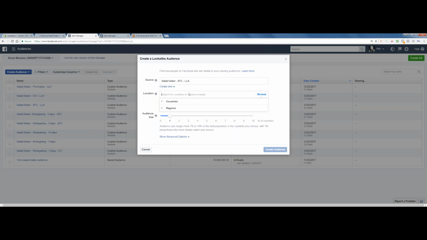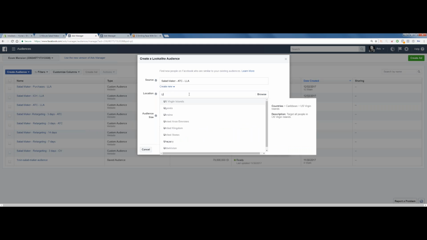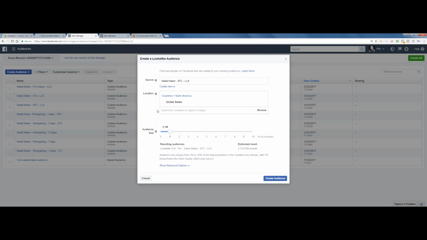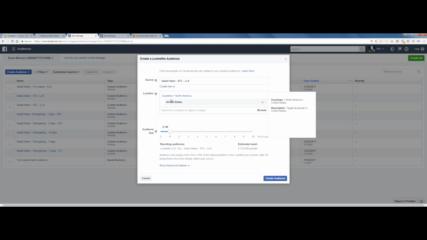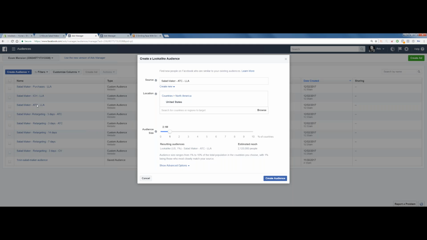And which people do we want to be a lookalike? The Americans, of course. Right? So here we're telling Facebook, from this audience that I created, the Salad Maker ATC, add to cart audience that we've built, I want you to find from those people that added to the cart for that product, people in the US that behave the same way as these people.